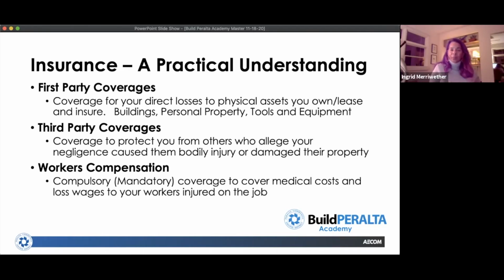So insurance, we break them down into three big bucket categories that we're going to talk about. First party coverages, essentially that's property insurance. That's insuring your stuff. So your office furniture and fixtures, of course, if you own a building, it's insuring the building. And then we'll talk a little bit for contractors in particular, it's really important that you insure your tools